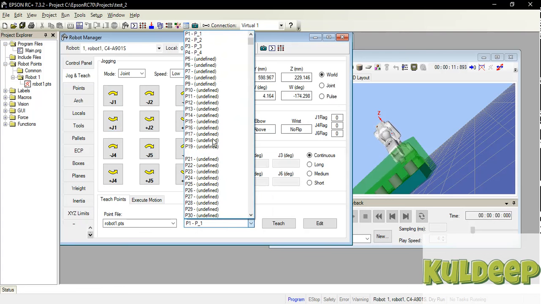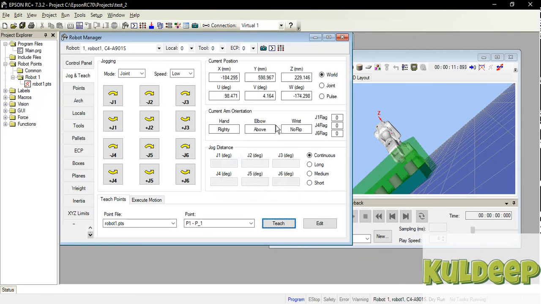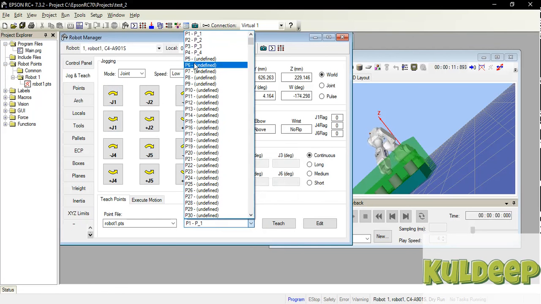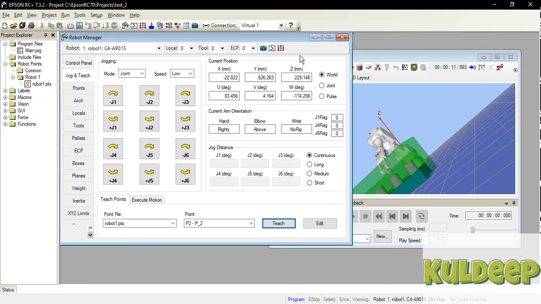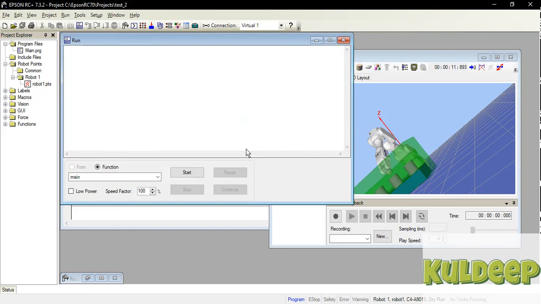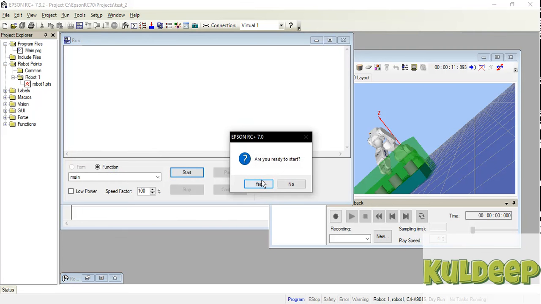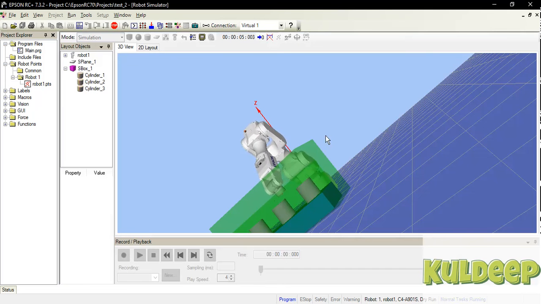I'll teach my P1 and go to teach, then I'll go to point 2 and teach point 2. So now teaching is done. I will again go to writing the command and now I'm ready to start. See, the robot is moving from 1 to 2.